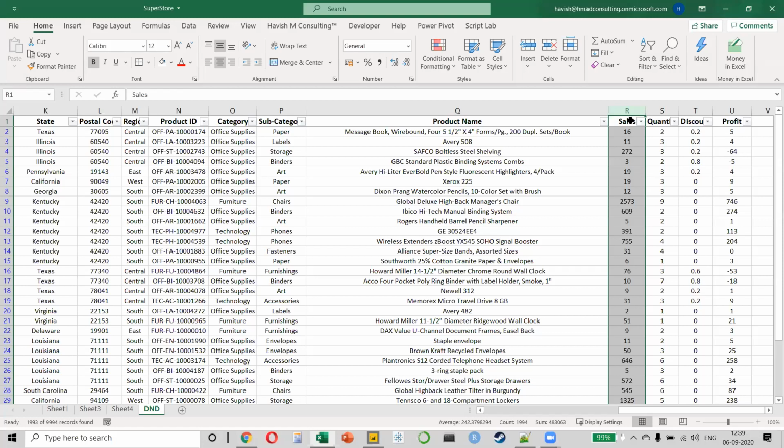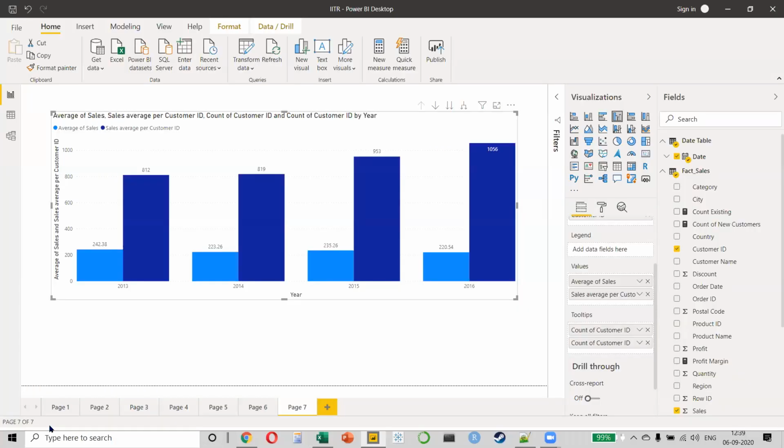How many transactions happened in 2013? If you look on the left side, everyone, 1,993, correct? What is it telling me? It is telling me there were 1,993 transactions. What was the average? So if I divide the total sales, let me do it like this.